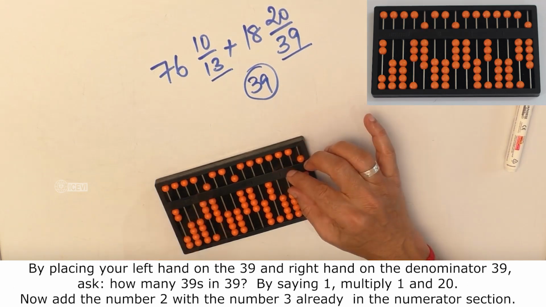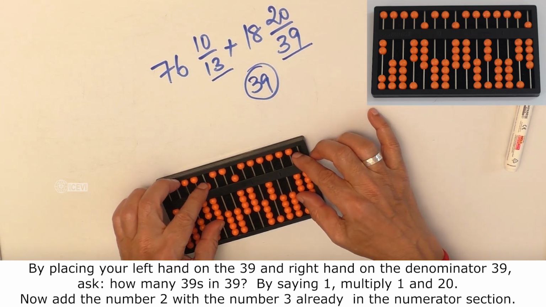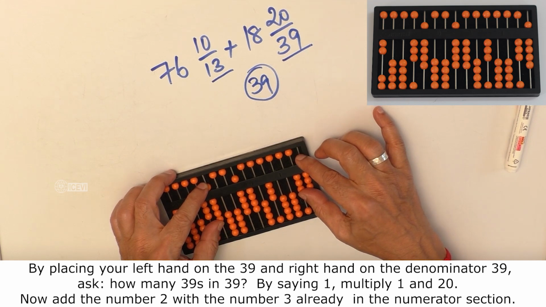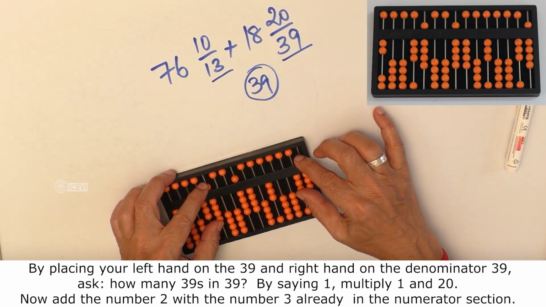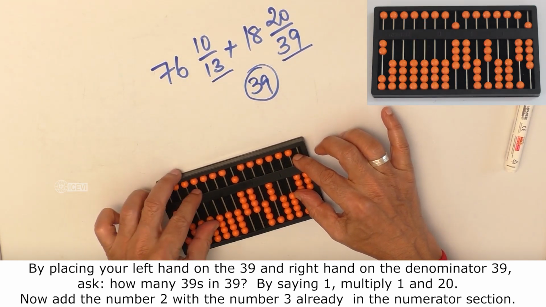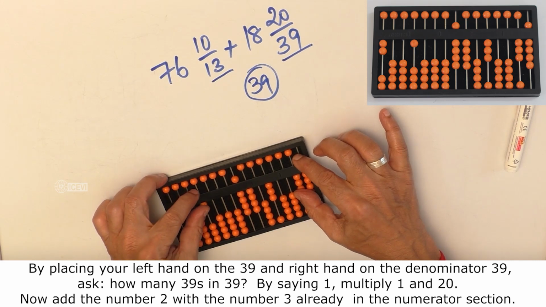By placing your left hand on the 39 and right hand on the denominator 39, ask how many 39s in 39? By saying 1, you clear 39 and set 1 there and multiply